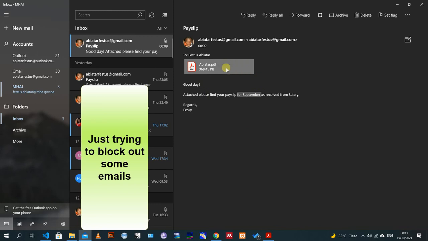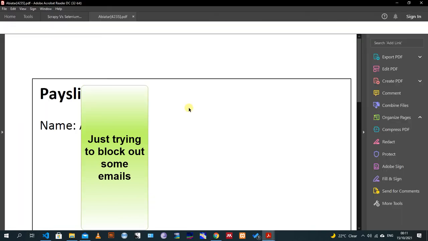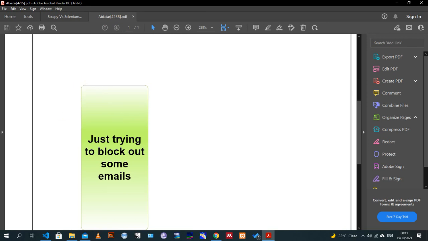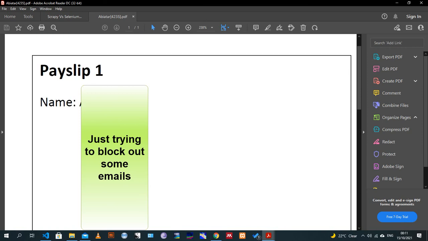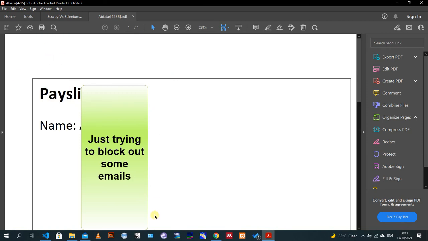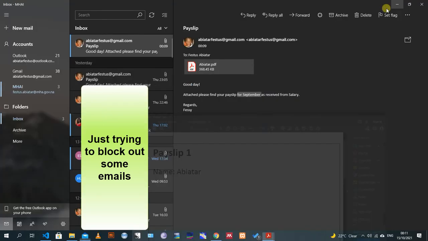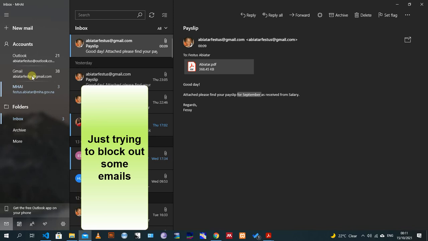So if I open this file, it should be the one for Abiatal. So you can see now this is payslip one for Abiatal, and you can see it's just one file extracted from that other main file. So this is one, but I think if I check on my Outlook,